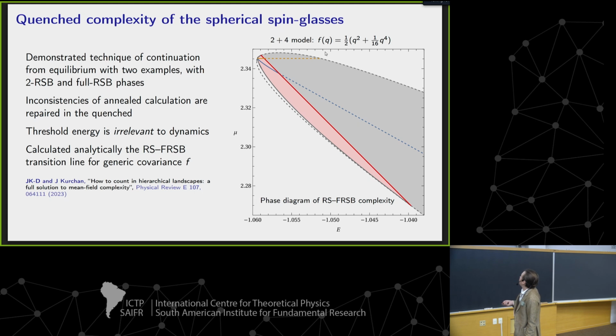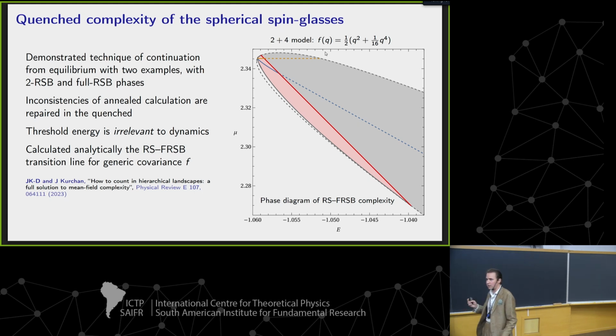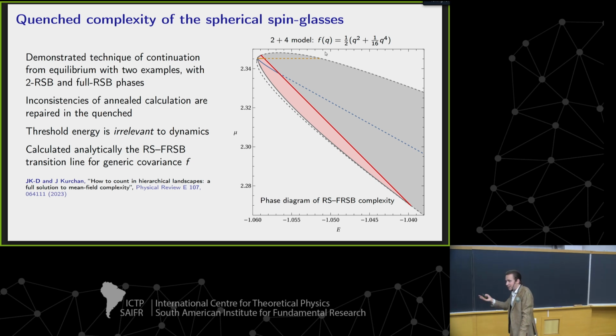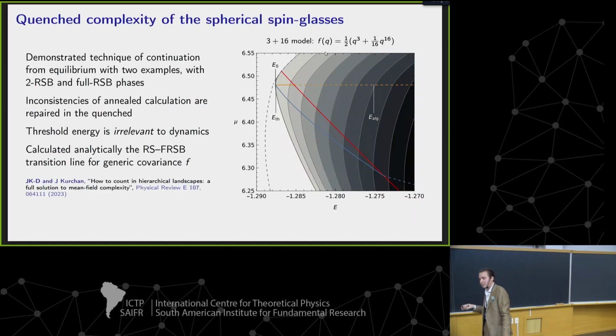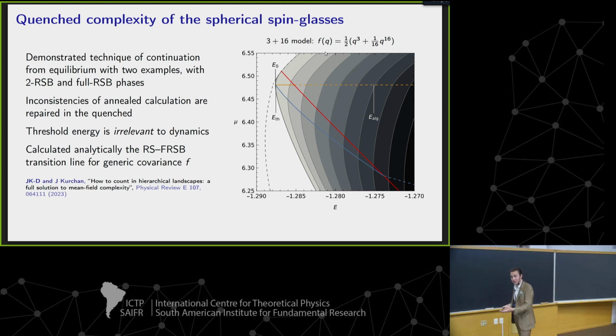We also did the calculation for the full RSB case, which structurally is a little bit less interesting. In full RSB, the ground state corresponds with the threshold, corresponds with the marginal state. Full RSB you can think of as having very flat bottoms at the bottom of the landscape, the ground state. But we were able to do this transition line analytically, which was a very nice thing. So this is interesting. It shows us that in these models that have very non-trivial RSB, for instance, in this previous model, our intuitions are quite wrong, definitely, when it comes to this threshold energy structure.